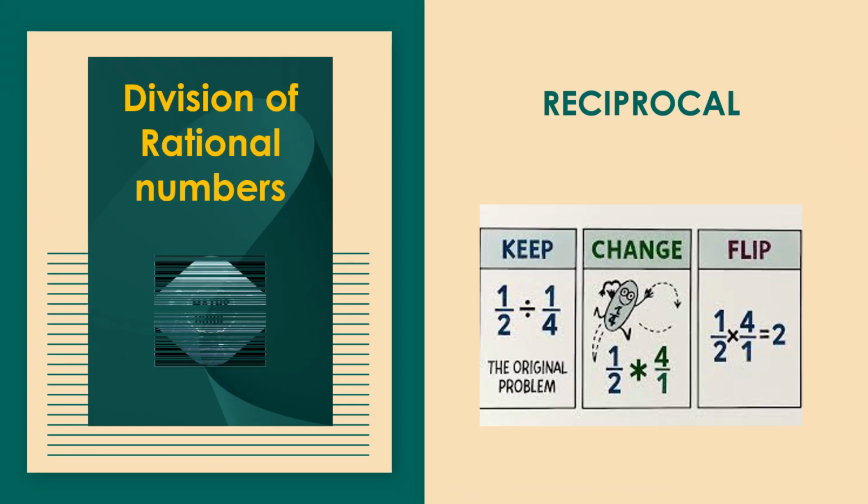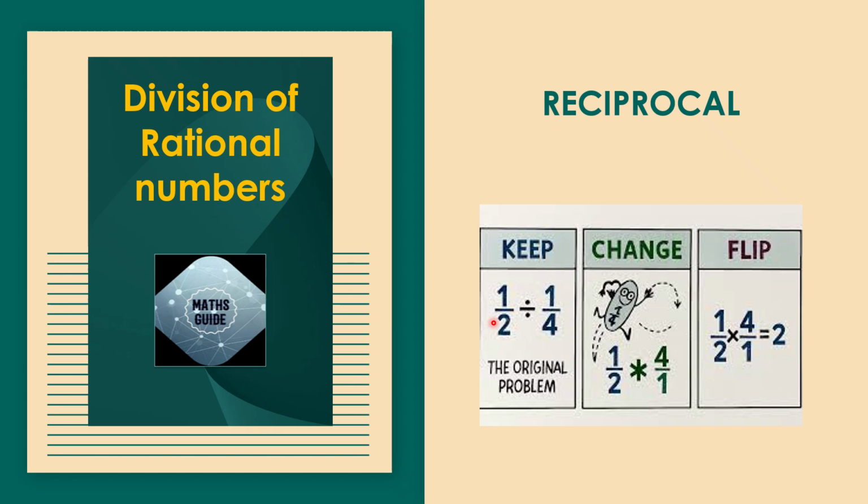Now our topic is division of rational numbers. The most important concept we use in this case is keep, change, flip. It means we have the first fraction, which in this example is 1 by 2, and the second fraction is 1 by